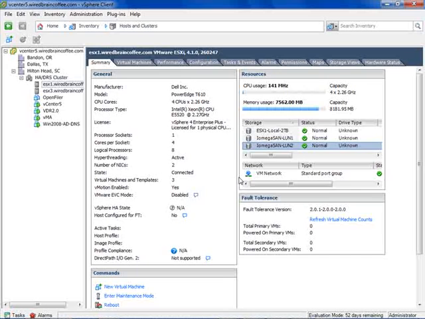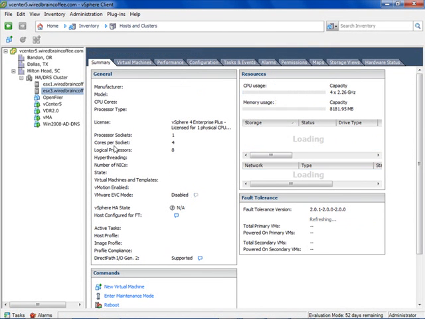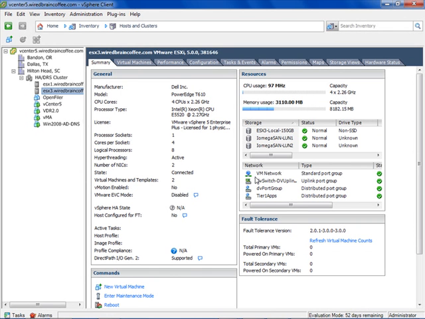Something else to notice here is that this ESXi server has a network named VM Network. That's the standard port group. If we go back to ESX server number 3, notice here we also have access to the same VM Network as well as some other port groups. But most importantly, it is the same VM Network, and we'll make sure that the virtual machine we're vMotioning has access or is actually using that VM Network,